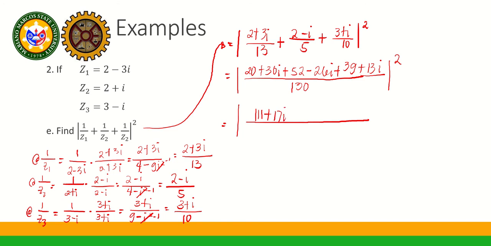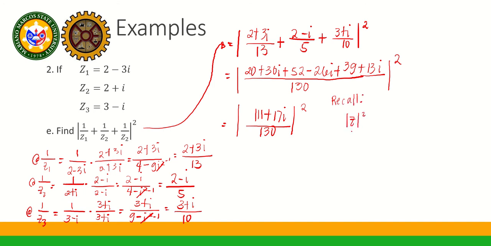Plus 17i over 130. Ang laki pala ng yan. 130 quantity squared. So, if we square that, okay, so recall the property of modulus na